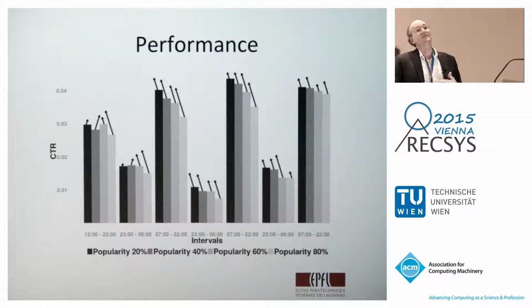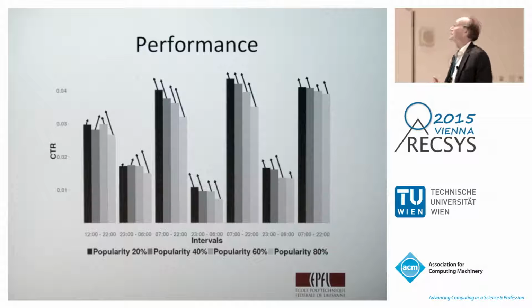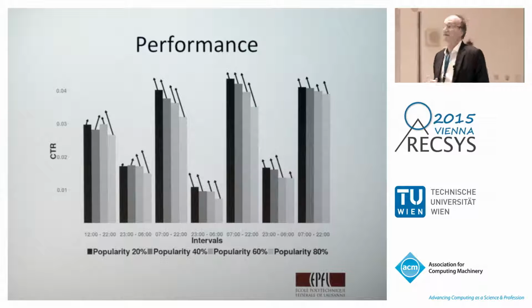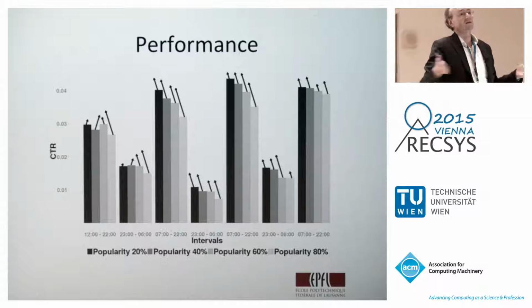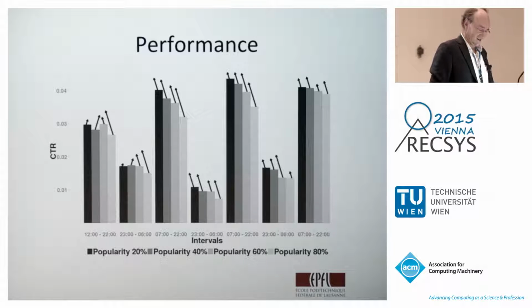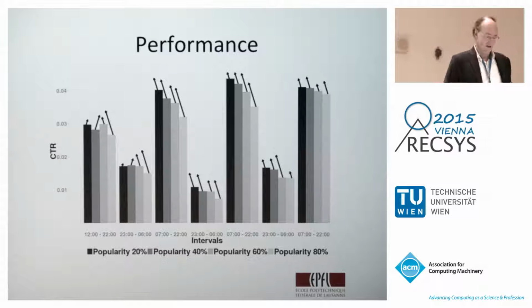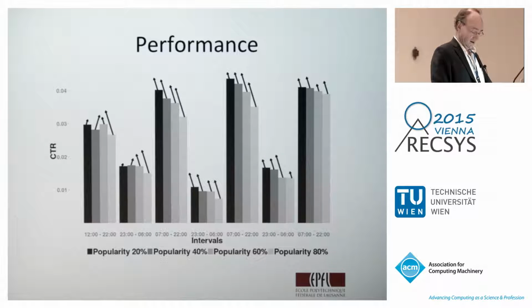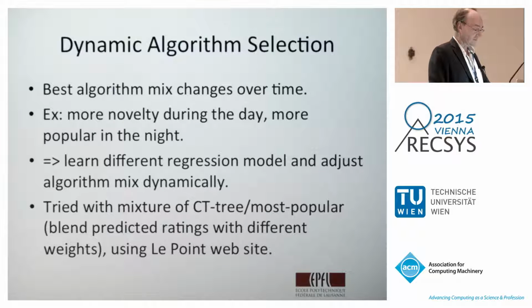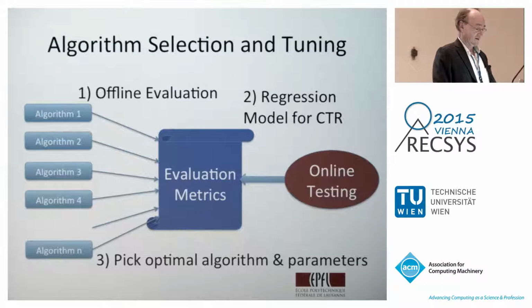We have since tested this on a larger scale. We have just preliminary results. They show that this seems to work actually very well, also over several weeks of data quite consistently. So this seems to be feasible to do. And again, it also indicates that the metrics are actually not too bad at predicting click-through rate. So that's the idea here. We basically do this dynamic selection.